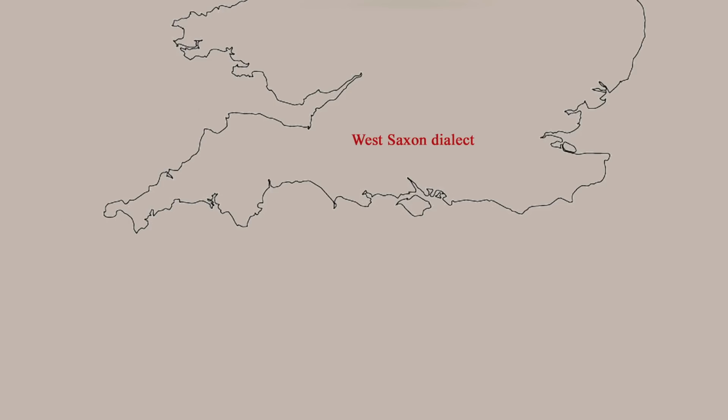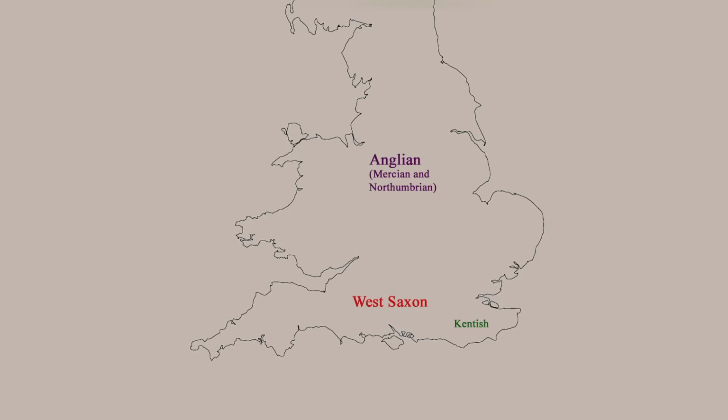And I'll try and show what I mean using a diagram, but I don't know how well it'll capture it. The dialect that you'll often find in textbooks is West Saxon, and that's the dialect spoken in West Saxony, otherwise known as Wessex. That's the Old English that I've generally used in these videos. You'll sometimes find Mercian and Northumbrian lumped together as the Anglian dialects because they share a lot of features, although I don't think there's any strong suggestion that they're specifically the continuation of the continental language of the Angles. Anglian is just a word we apply to them.